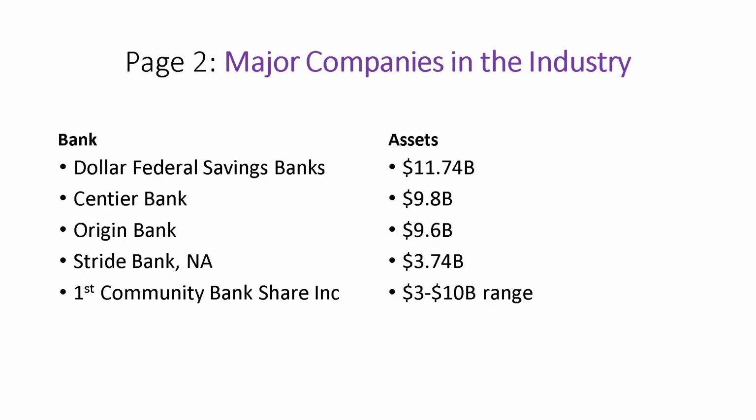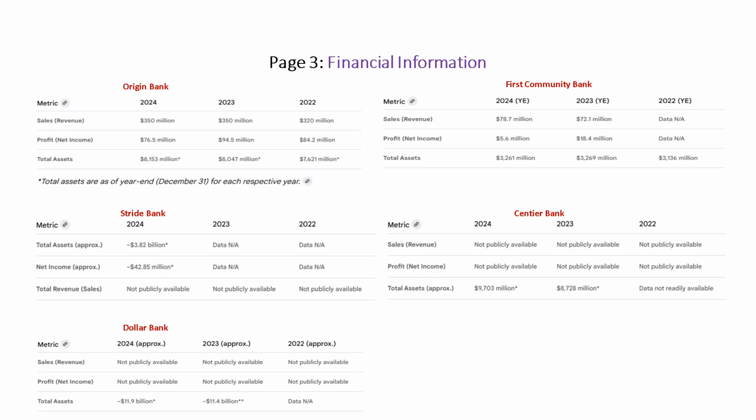From what I found, the Dollar Savings and Loan Bank was the biggest by asset, and then Centier, Origin Bank, Stride Bank, I think it was Stride Bank of Cleveland, and then First Community Bank. This is a little hard to see. For some of the assets, as I said in the previous slide, some of the information was difficult for me to come by, but in these tables, for some of the banks there wasn't any data available, and for certain banks you'll see that some of